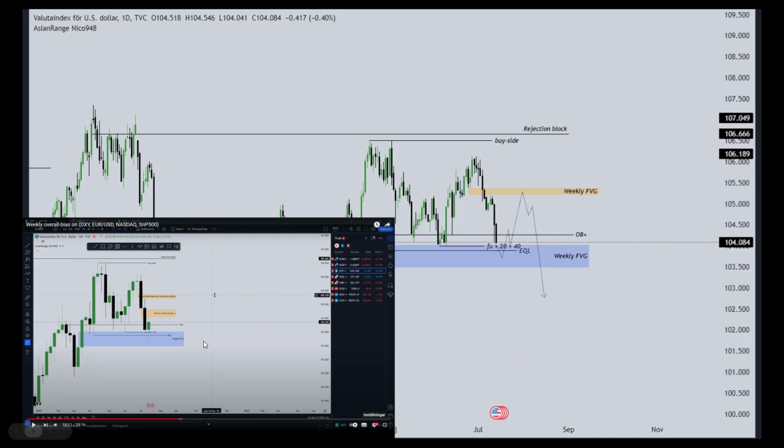So in here, this is the last YouTube video. These were my annotations from about two weeks ago. Here you have the DXY. I showed y'all I wanted us to trade up here and then go lower. That's precisely what we've done. So here on the daily chart, these were my annotations from two weeks ago in a call. I wanted us to go lower, take out the sell side liquidity, and then go higher, reach for this FVG. And I still want us to reach this FVG and then deliver lower.